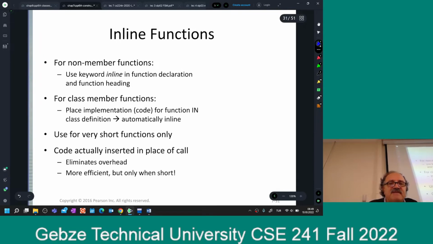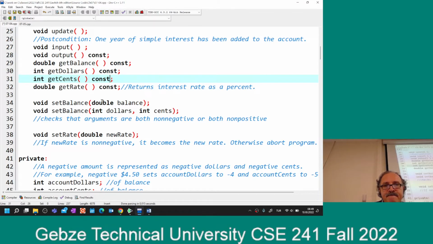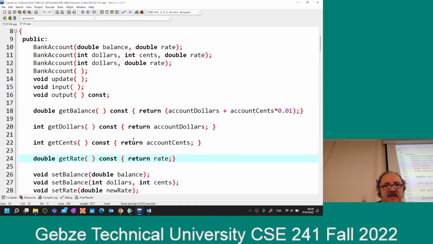Okay, inline functions. Remember, inline is a keyword. You may choose to inline your functions. And inline means that your compiler will not make a function call. Since this get rate or get sense is inlined, whenever you use them in your code,